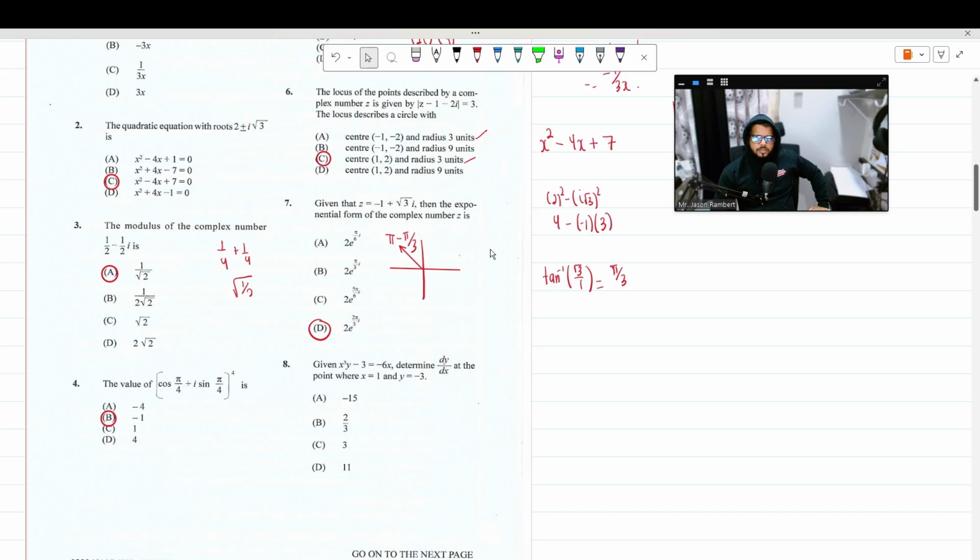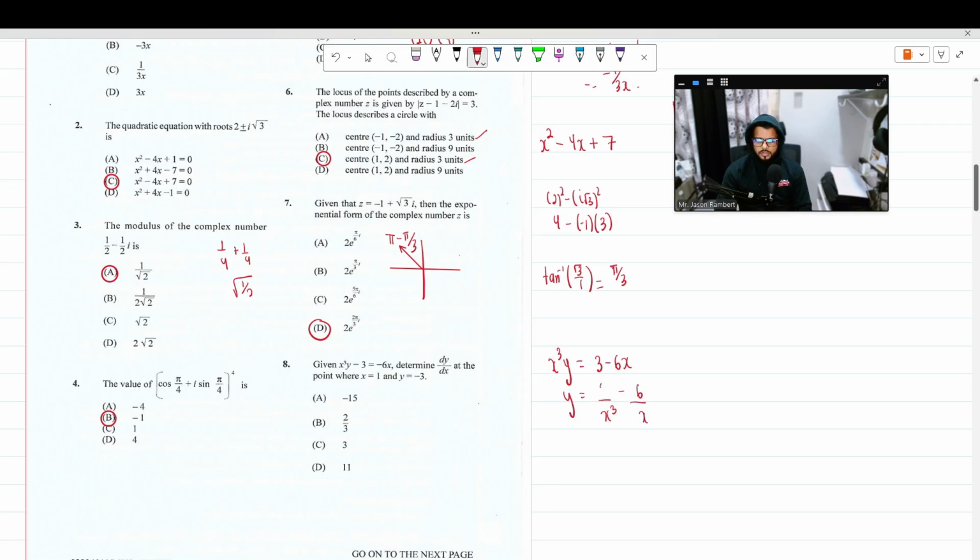Given that x cubed y minus 3 is equal to minus 6x, determine dy dx at the point where... Right, I have an easier way to do this. I'm just going to rearrange the equation. Move the 3 to that side, I'll get x cubed y is equal to 3 minus 6x. Divide both sides by x cubed. Y is equal to 3 over x cubed minus,